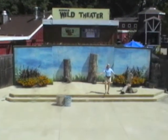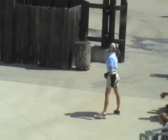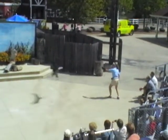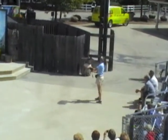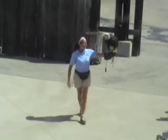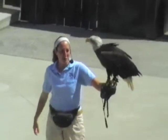Ladies and gentlemen, boys and girls, welcome to Milwaukee County Zoo and the Bird Show. I'm sure everybody recognizes this bird, right? Yes, this is Norbert, the American bald eagle, and he is just one of the many beautiful birds we have